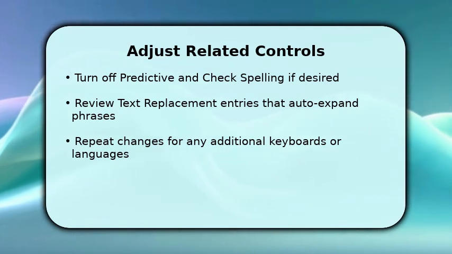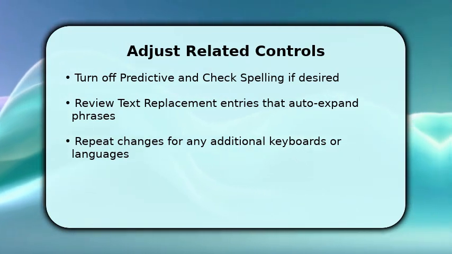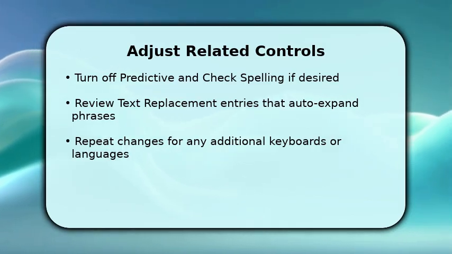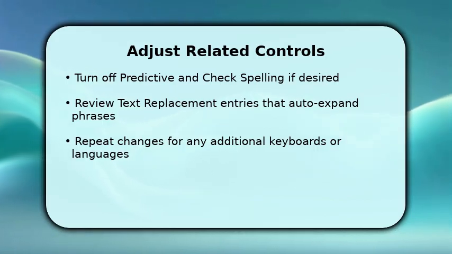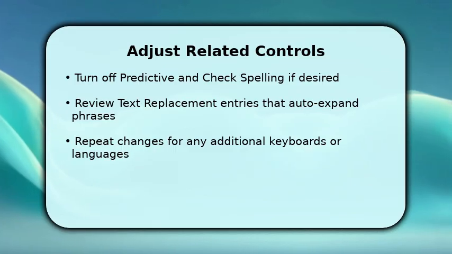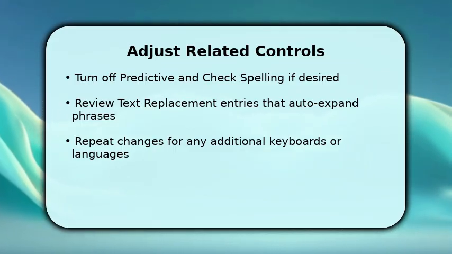Turn those off to reduce suggestions and red underlines that interfere with typing. Next, open text replacement to remove any shortcuts that auto-expand into unwanted words. Delete or edit entries that cause issues. If you use another language or third-party keyboard, select it from Keyboards and repeat these steps so behavior is consistent